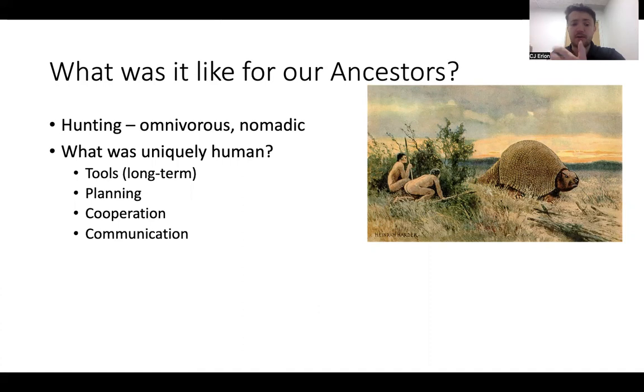But relative to other animals, things that were and still are uniquely human are tools. Certainly some animals use tools. I think crows, for example, will use a little stick to jab at things. But the main difference is that we keep our tools for a long time. An example would be the spears in this picture. It's likely that those won't just be used once and then dropped. We keep those for a long time.